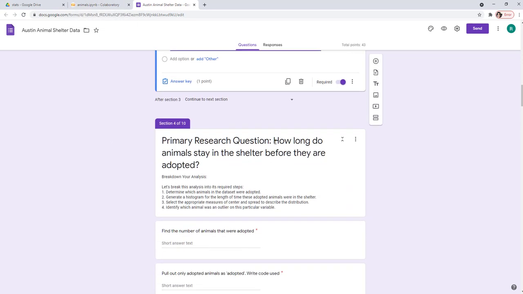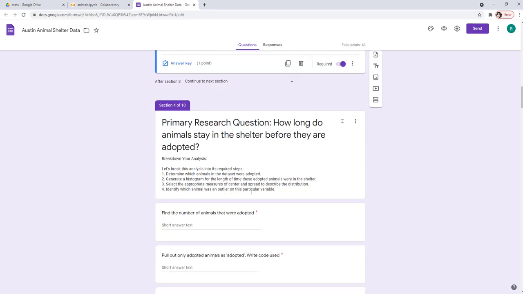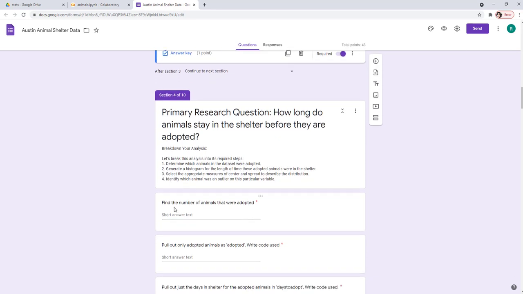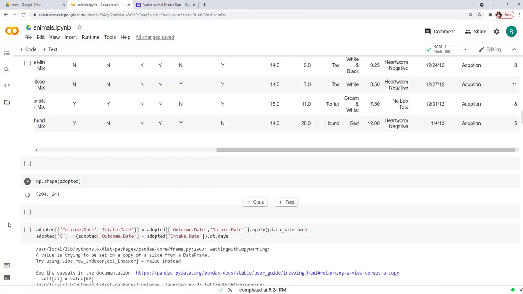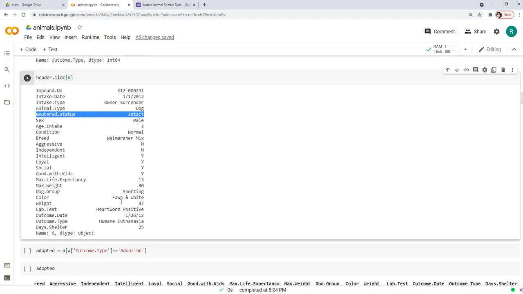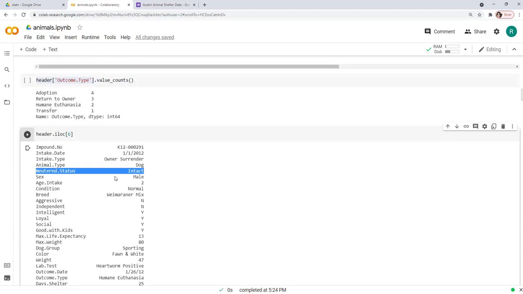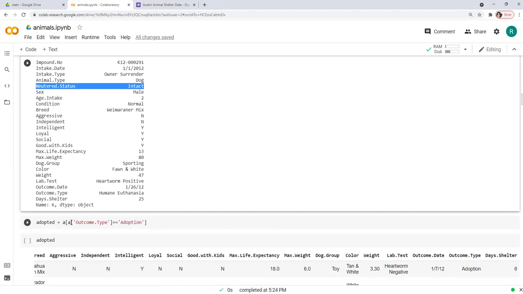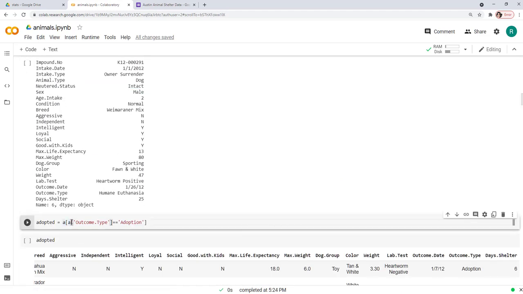Again we come back to the question. The primary question was how long do animals stay in the shelter before they are adopted? So we break down this analysis into certain parts. Now find the number of animals that were adopted. We want to first create a data set which has just the adopted animals. So from the A data frame, we take the outcome type and we equate it equal to adoption.